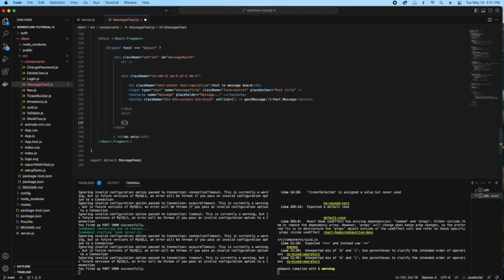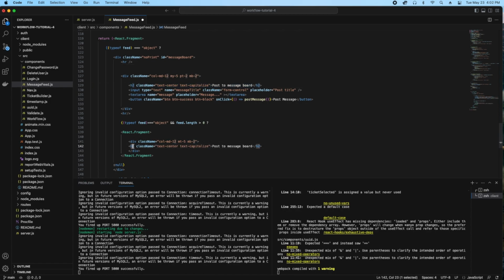So I have a little divider, and then I'm going to do a little bit of a ternary operator to ask if the feed actually has something in it. If it's an object that we can iterate, then I'd like to iterate through it. I'm going to wrap everything in a React fragment and get started on building some columns, because down here is where we're going to actually put the messages that are posted and where we're interacting. So if there are any messages, then we write this: if the feed length is greater than 0. Now keep in mind,